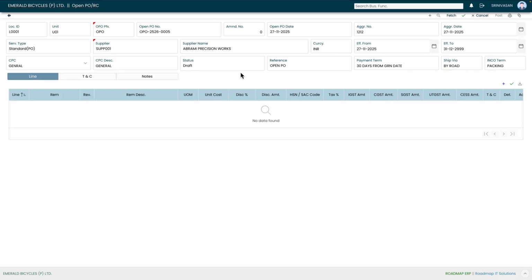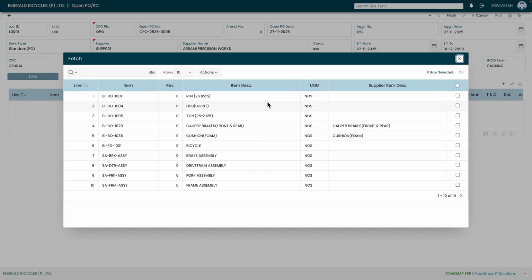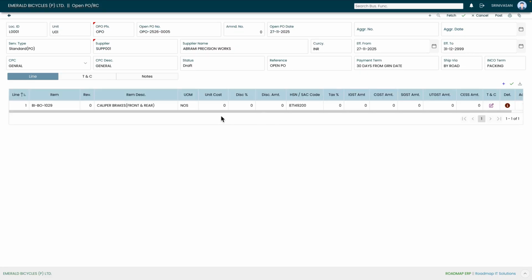Now in order to add the item, click on this fetch, and the corresponding item has been fetched here along with its approved supplier. Let's select the item and click on OK, so that it will be displayed over here after selecting it. So here we have the unit cost, which you're going to give as